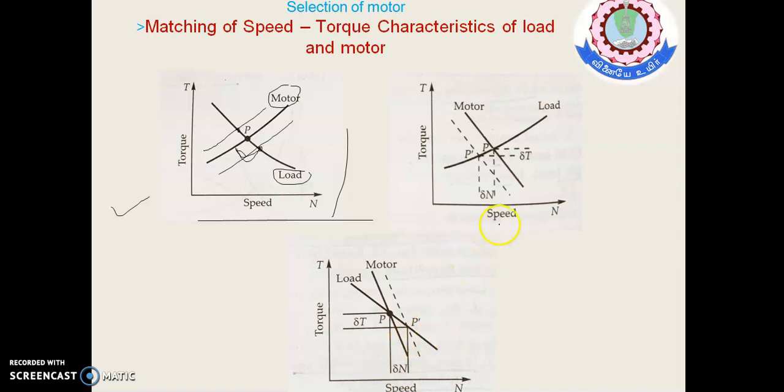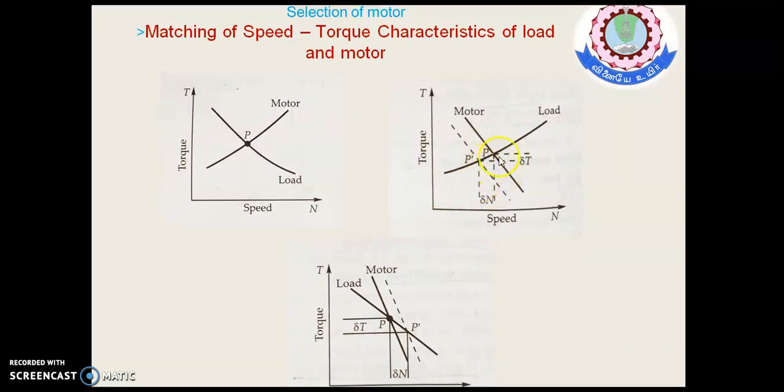And one more possibility is another way of combining these two things. Here the motor characteristics are in this way and the load is vice versa, with both characteristics at a 90 degree displacement. And here the main advantage of this type of characteristics matching is, whenever there is a speed variation because of motor characteristics variation, the motor characteristics is shifted to this particular P dash position, and this much delta n speed varies, but only a small quantity of torque is changed, and that is one advantage of this type of matching.